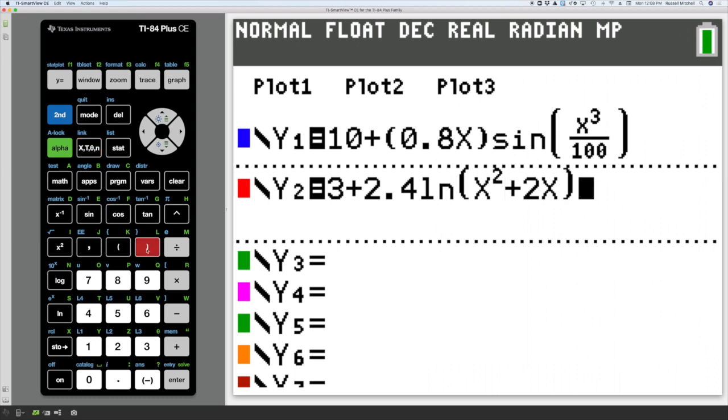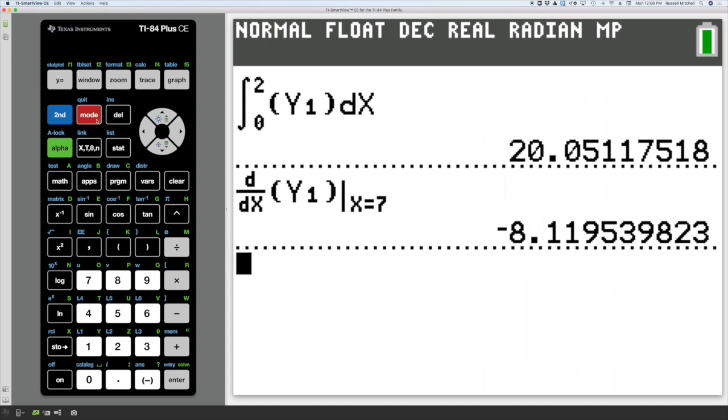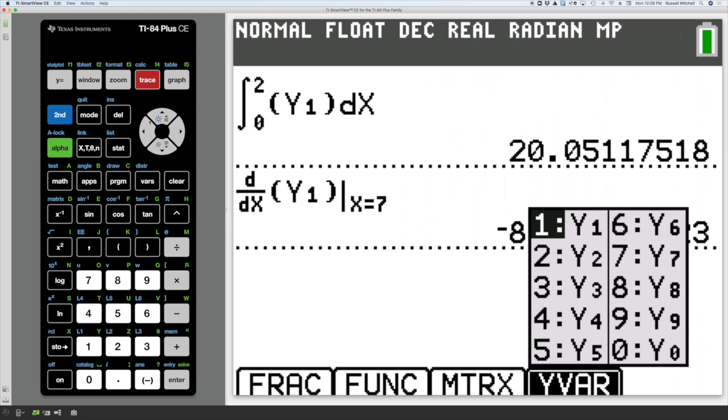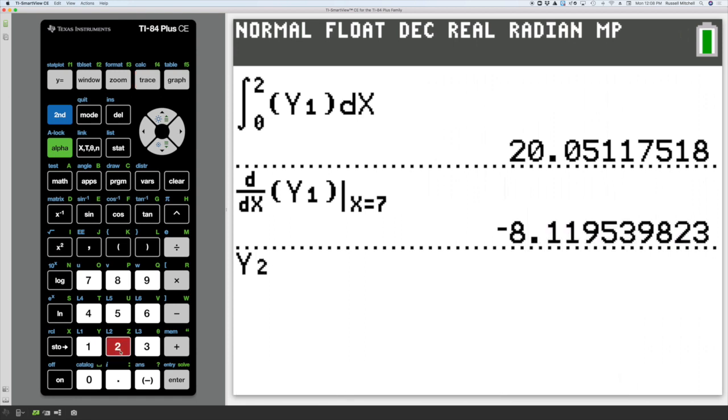I'm going to close my parenthesis. Now remember, this function is only good from 3 to 12. Now y2 is our g. So I'm going to go back to my home screen, so I'm going to quit. And we want to find alpha trace, and we want to do 2. So we want y2 first because that's the rate at which it's adding bananas. We want that one to be positive. So y2 of 5,